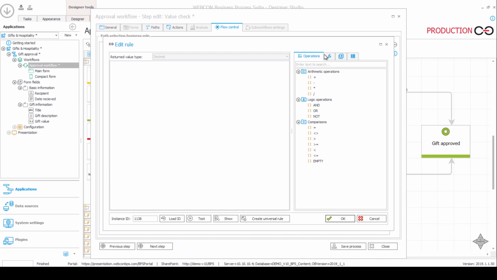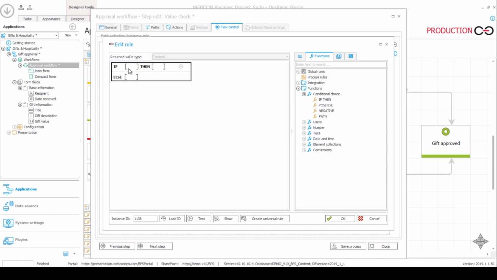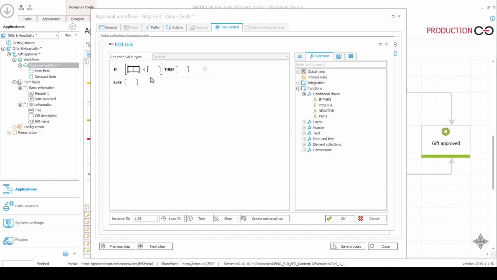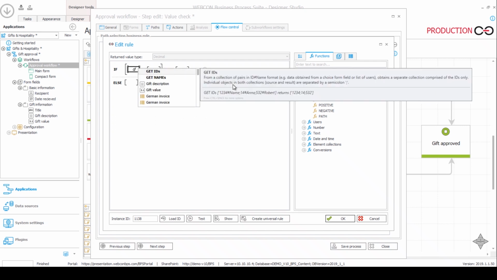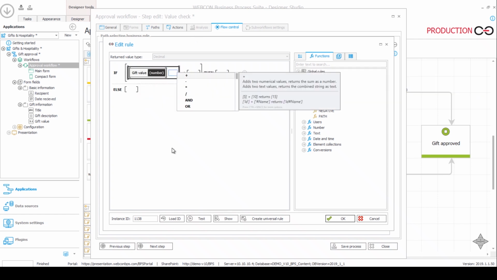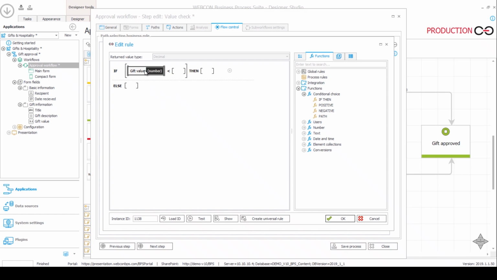What I'm going to do is add, first of all, an if-then function. So I'm going to make a comparison. If lesser than, so what did I call my field? Gift value, was it? Yes, it is. I can use the mouse or the arrow keys to navigate and find what I'm looking for. I am looking for the gift value field. So if the number entered into this gift value field is lesser than, and let's enter rigidly 500,